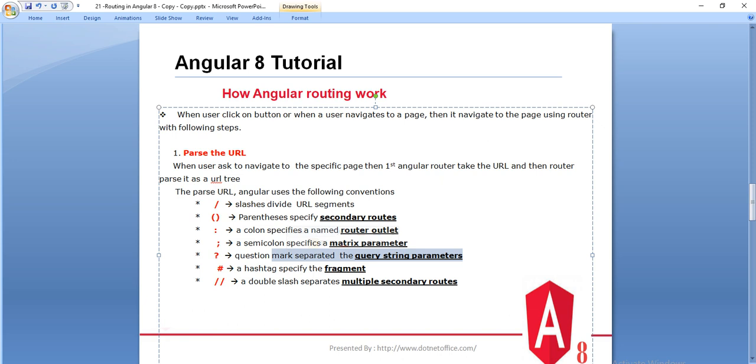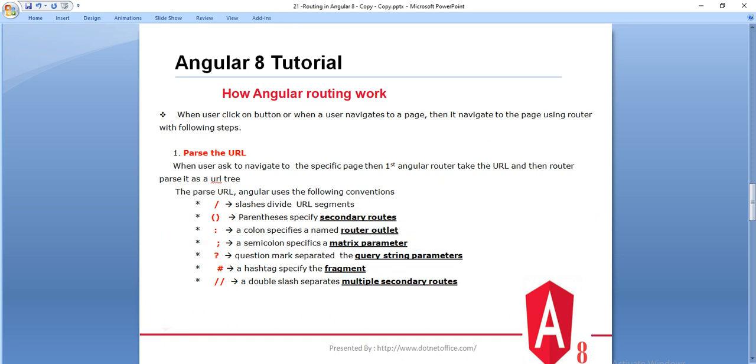with the question mark, because we have seen this question mark in web applications as well. And hash is basically a fragment, like if it is a hash, it divides the tree. And double slash separates multiple secondary routes. So these are the things based on which the Angular router parses the URL into the tree. And in the coming videos we will learn more about the router outlet, matrix parameter, all these things